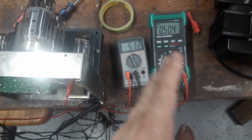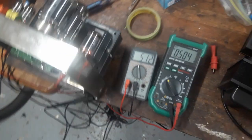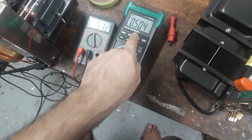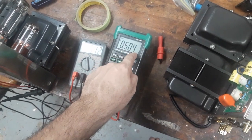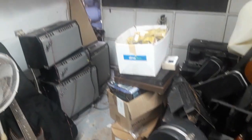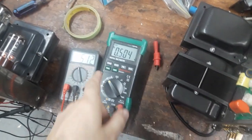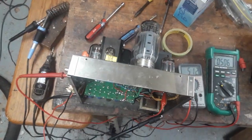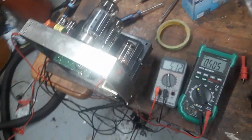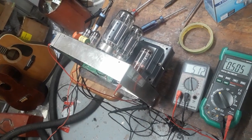But the idea is to set them relatively close, and really to decide upon the right level it should be at. 50, this would be the right setting for my dog over there. It's just saying hello. For 6550s and KT88s, this is the right setting. But the KT120s could go a little further if I want to. But I have no inclination to go higher because